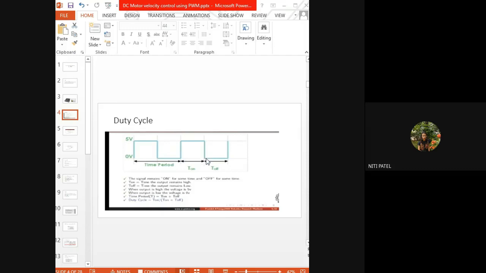So whenever it is going from 0 to 5, that period is called T on. Why? Because it is on and the pulses are counted. Whenever it is going from 5 to 0, it is coming to an off position and the pulses are not counted. Okay. So it may happen that many a times it is continuously 5 volts and many a times it is continuously 0 volts. Or it may be fluctuating from 0 to 5, 5 to 0, 0 to 5 and so on. Okay. So whenever it is on, we call it T on. Whenever it is off, we call it T off.